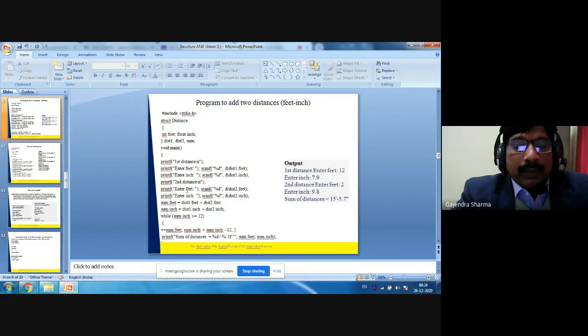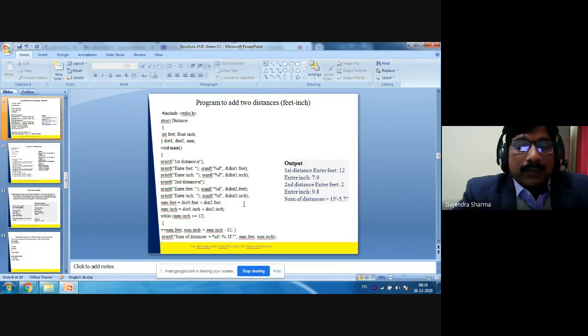Printf second distance. Again, we are taking input from the keyboard, right? So we have printf statements, enter feet. We are using a scanf statement to input a value, like %d ampersand distance 2 dot feet. Printf enter inch, scanf %f ampersand distance 2 dot inch.